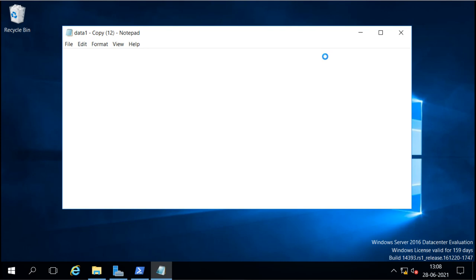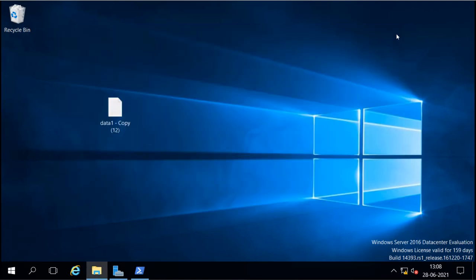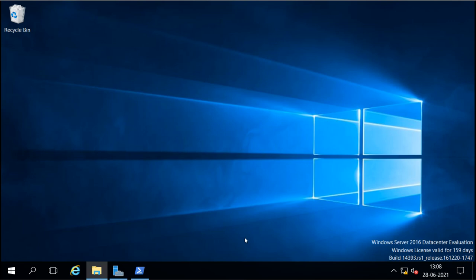But in the background, what is it doing? It is removing the redundant chunks, and it only keeps what is unique. So this is data deduplication, and this is what it does: it saves the file and saves disk space.